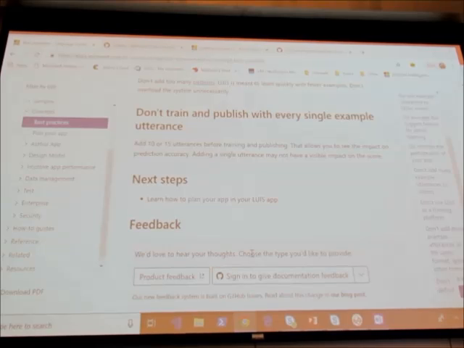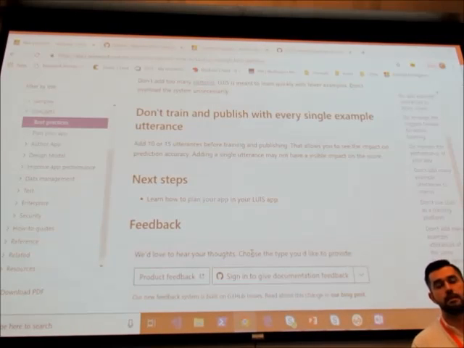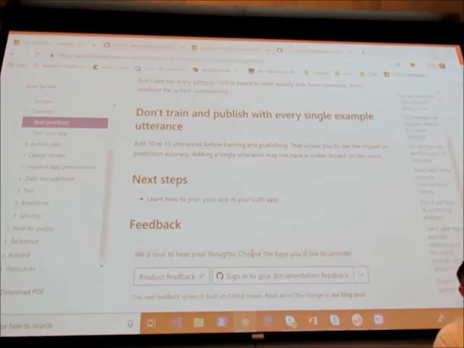Does LUIS support any contextual feature where it keeps track of the previous conversation for you, or do you have to manage it? It will tell you the poorly rated ones, and you can configure it to do a whole bunch of things. But you should be saving. It will dump all the utterances on the endpoint and what they're scored with, and you can save that and back it up as you want. Mainly it provides a default experience for the bad ones. But yes, you have a list of everything that hit it if you want it.